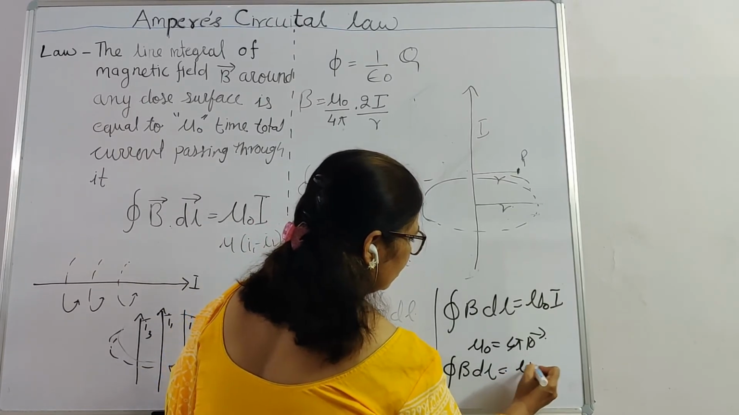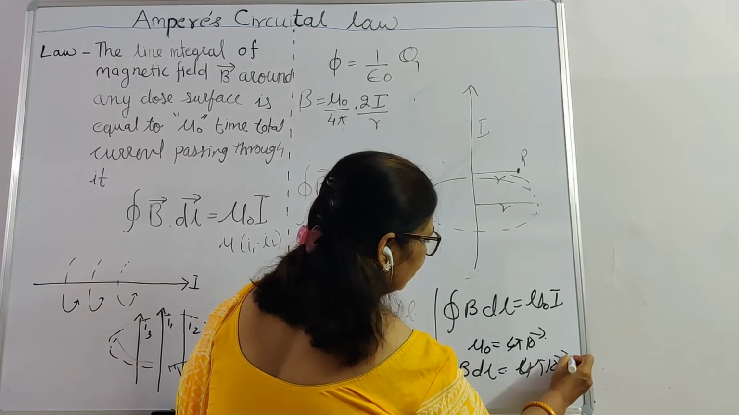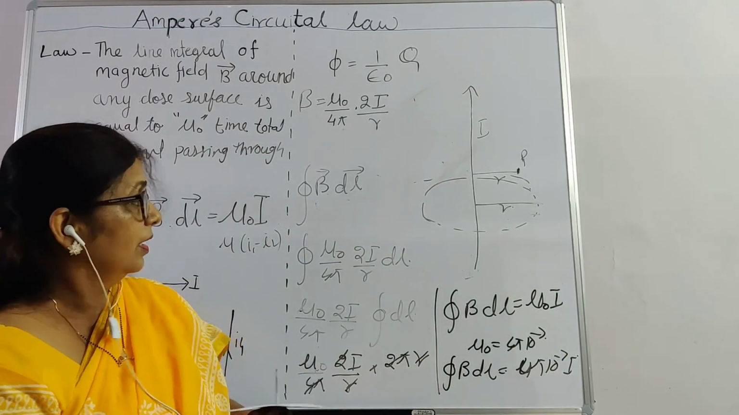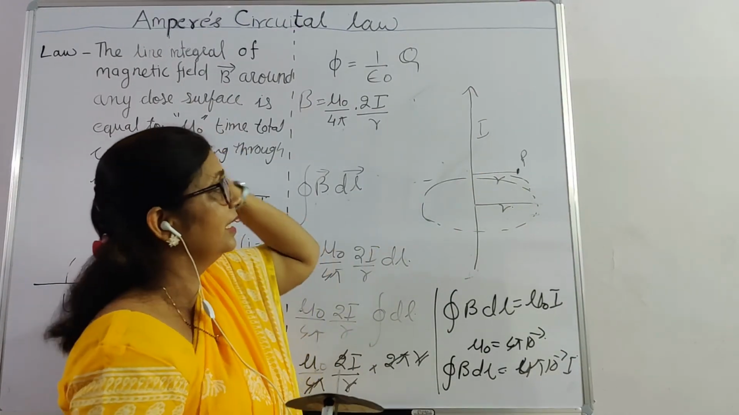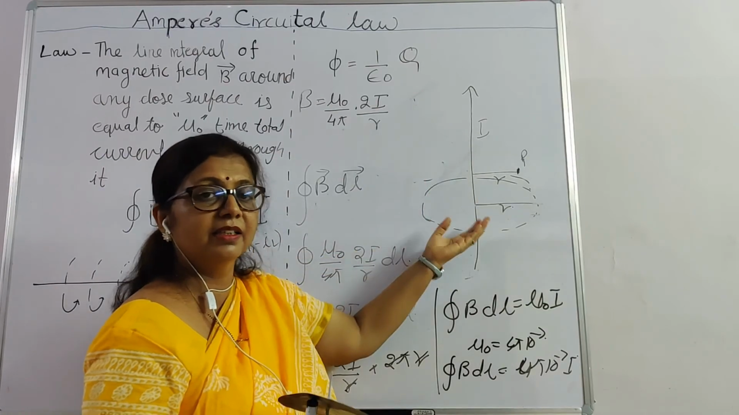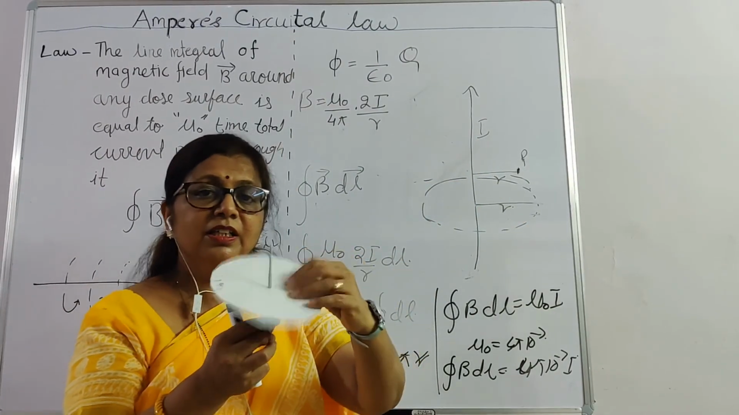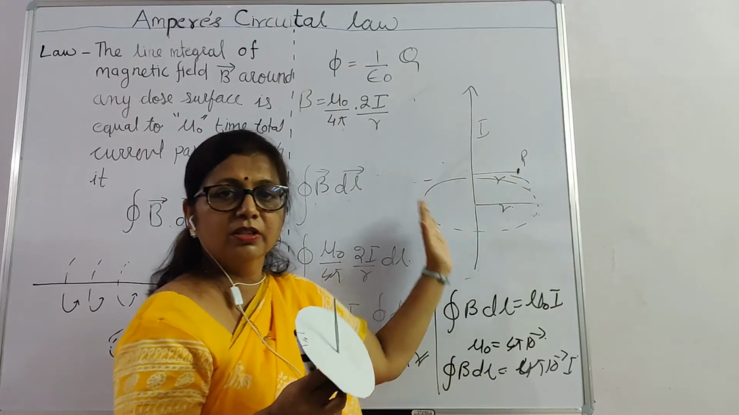Mu naught, 4 pi 10⁻⁷ times the current flowing through this line, or the net current flowing through this line. This is the algebraic sum also. We can take the algebraic sum of the total current flowing through the surface, this closed loop, closed mesh, okay,